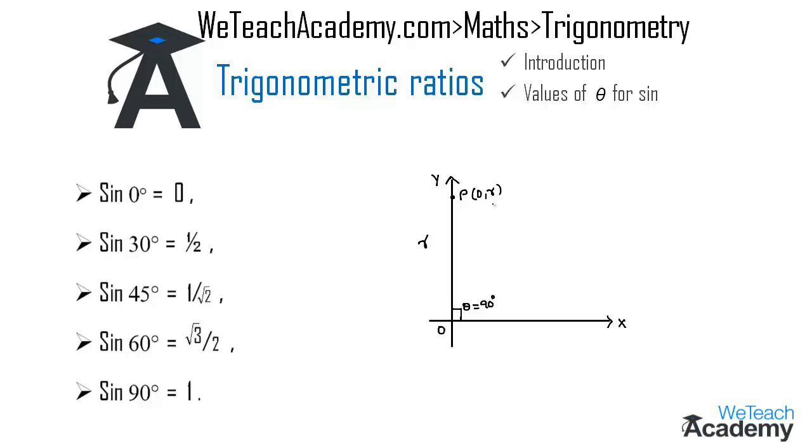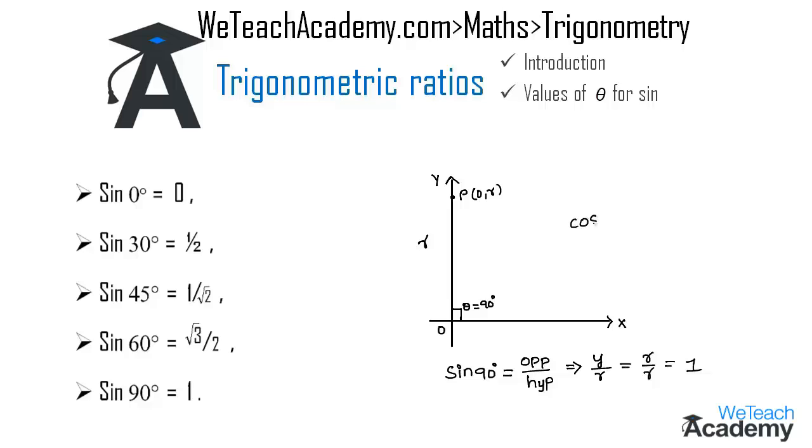So here since OY equal to OP, which is equal to R, sin 90 will be equal to opposite side by hypotenuse. Here the opposite side will be equal to y and the hypotenuse is R. Since y is equal to R, let us write y in the place of R. So we get R by R, which is equal to 1. So hence sin 90 degrees is equal to 1.